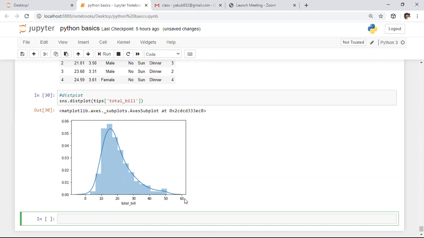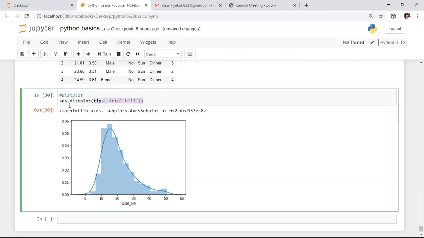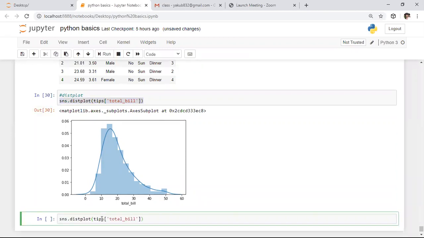Here I am using the same distribution plot, but I want to stop this KDE. By default, kde is True, and I want to convert it to False, that means I want to shut it down.